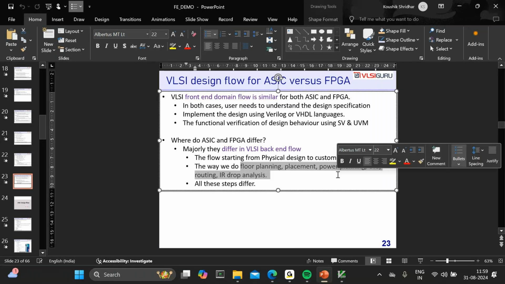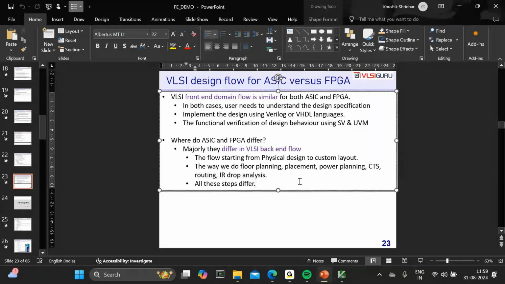In a top level view. See, I'm not the right person to discuss the backend. I told you already, if anyone wants to understand the backend flow, you can opt for the PD training and DFT training, which is going to happen today and tomorrow. But in a top level, if I want to tell you what is the floor planning, placement, power planning, CTS